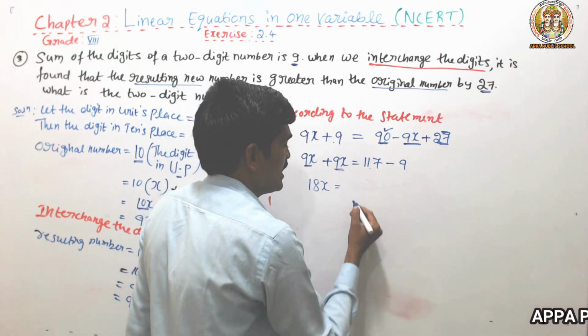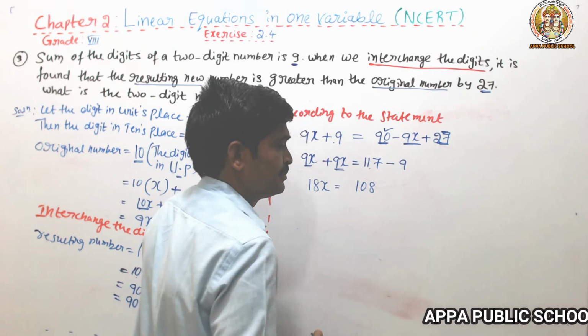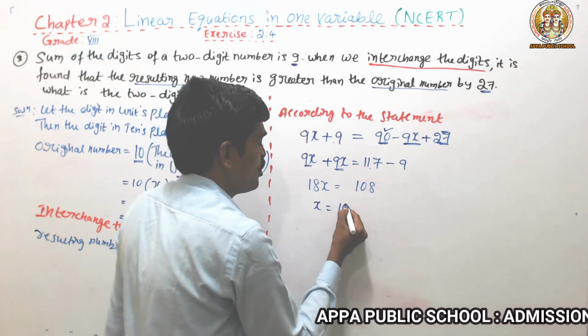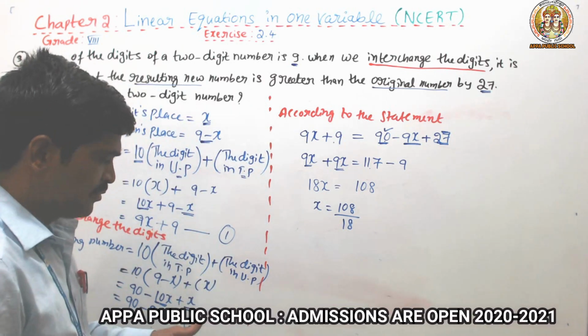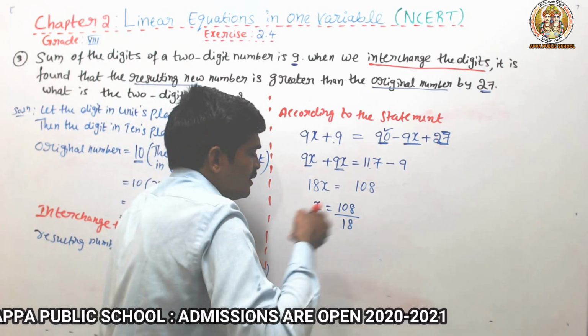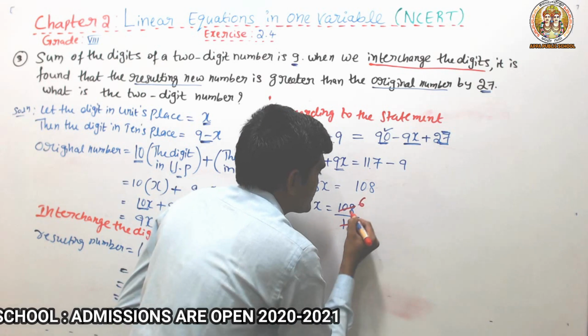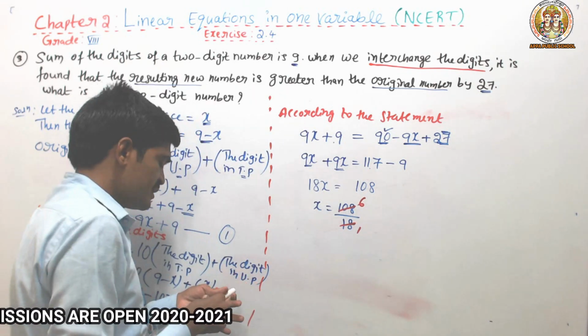117 minus 9 should be 108. X is equal to 108 divided by 18. If you know the 18 table, it directly gets cancelled. 18 ones are 18, 18 sixes are 108. So x is equal to